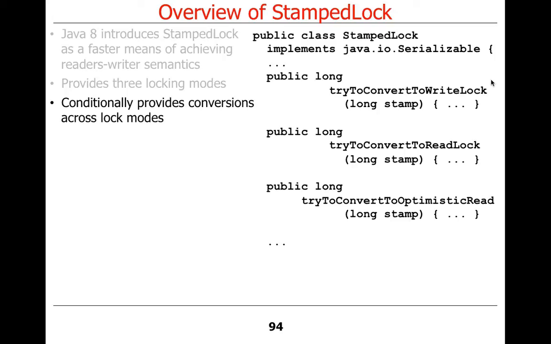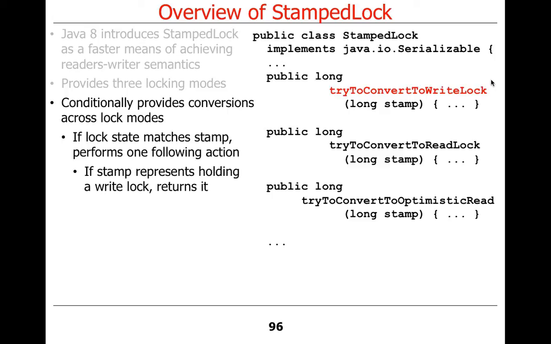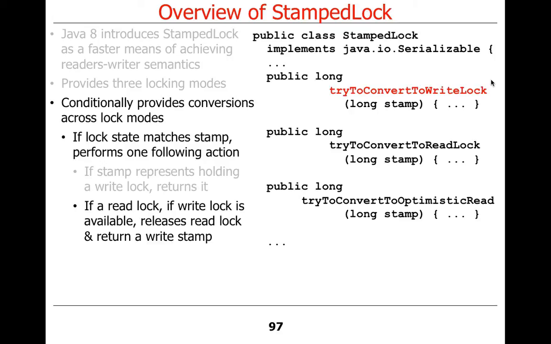Now, there's also methods that do some other stuff. They convert across lock modes. So for example, try to convert to write lock takes a stamp, and if the lock state matches the stamp, then one of the following actions happens. If the stamp is a write lock, then we return it, because you tried to convert to a write lock and it's already a write lock. You're done, right? You got a write lock. That's good. If it's a read lock,